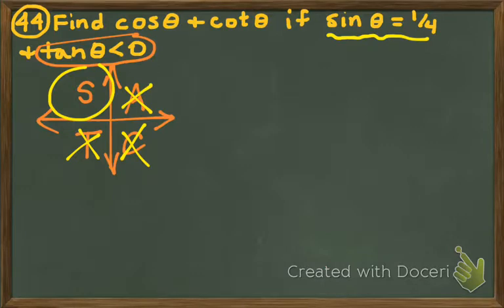So that means that now we know how to draw our triangle, and that also tells us what sign our other 2 values have to be. Since sine is the only thing positive, that means that both of our other answers should be negative. And if I draw the triangle the right way, my triangle will keep me straight and remind me so that I don't make a careless error. So let's sketch a triangle oriented in that direction,